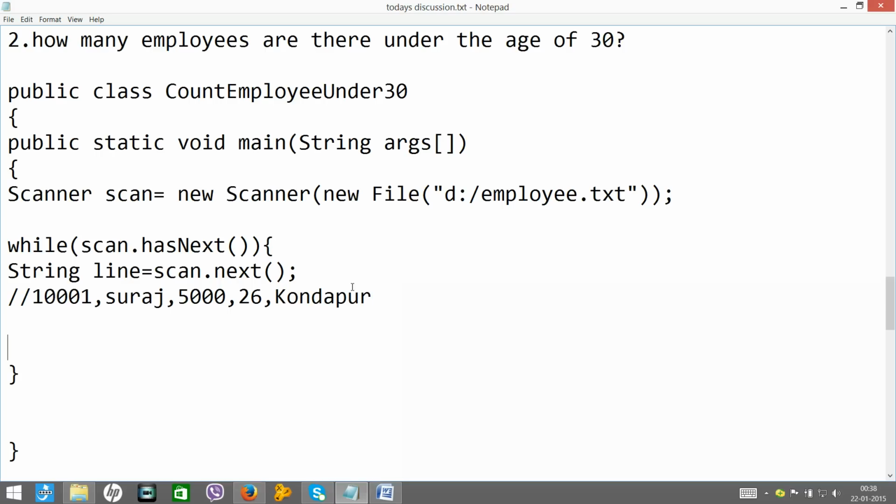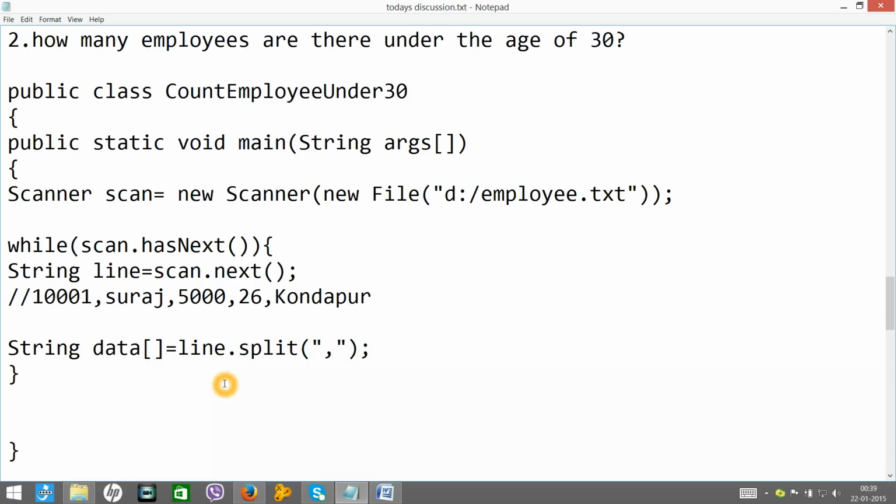Next, you need to get access to this 26, because my intention is to find all the employees whose age is less than 30. So you split this line: String[] data = line.split(",").